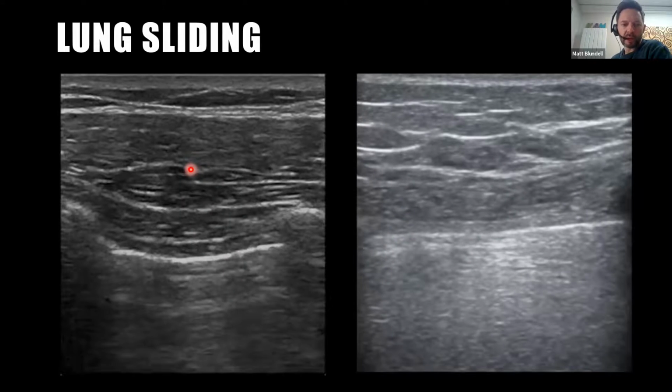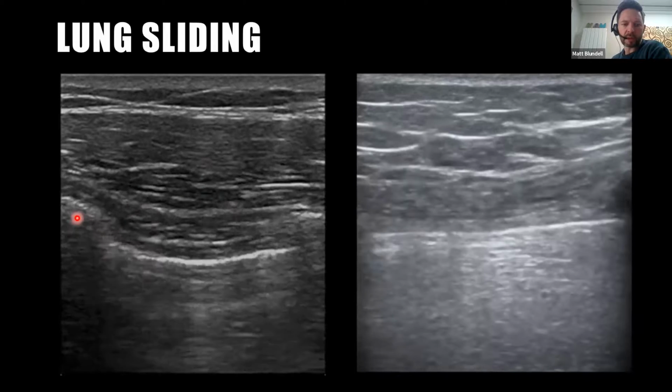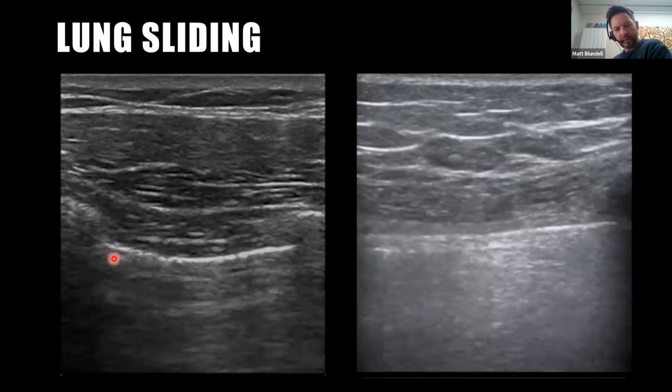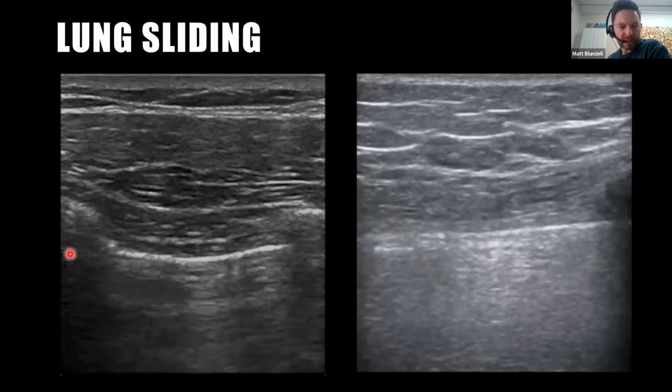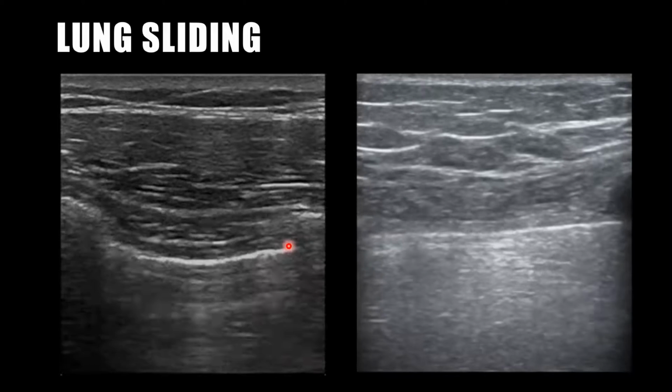So on the left of the screen, you can see top of the screen is skin, then you've got some intercostal muscles, you've got a rib one side, rib the other side, and this shiny kind of line. People describe it as ants crawling across the screen, so it's like a shiny line. This is just your 2 layers of pleura rubbing backwards and forwards